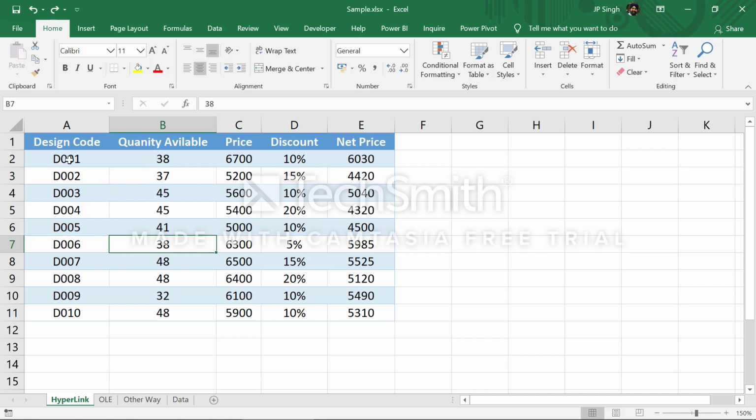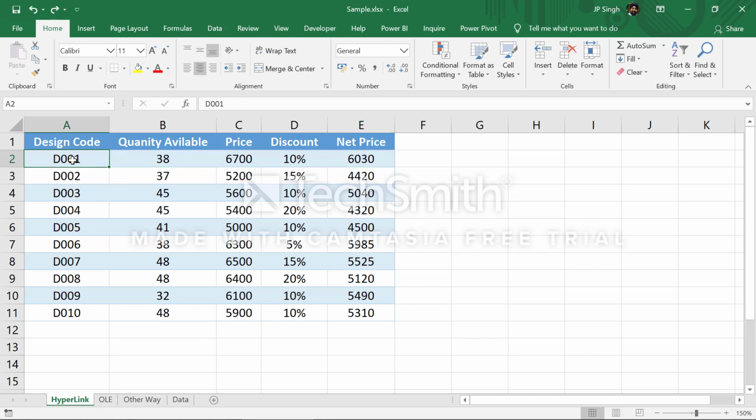For example, I have a fabric design code D001 which has a quantity available, this price, the discount provided, and this is the net price. And we can have so many other fields in this, like what the fabric is, what the design pattern is, and a description of that. My requirement is very simple.